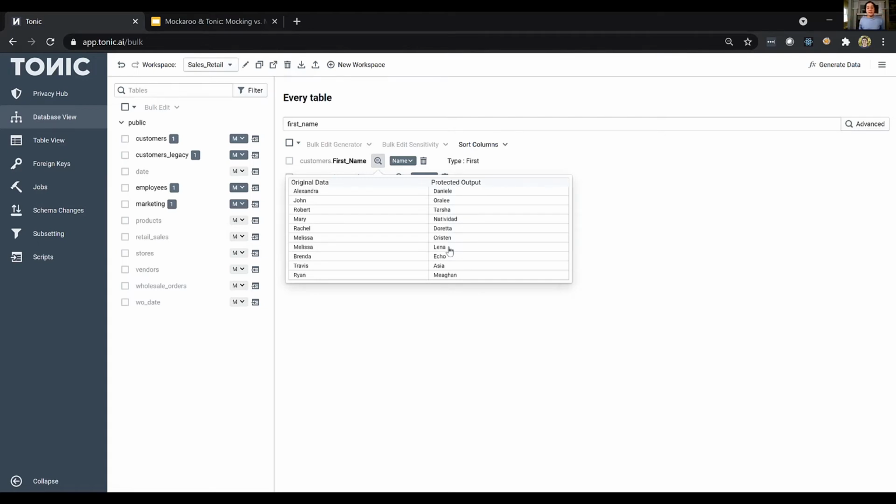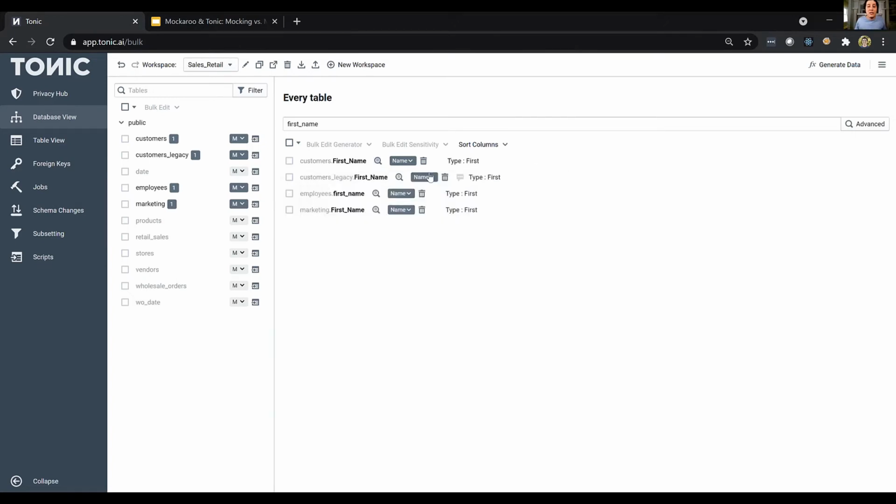So for example, let's say you have some data sitting in a Postgres database, additional data sitting in your BigQuery data warehouse, and even more data sitting in flat files in Amazon S3. You want all of that data, once it's been synthesized, to still link up together so that all of the properties and relationships remain, right? Well, using data consistency is really important there. So you want to ensure that Melissa always gets mapped to the same fake entity. Well, that's really easy to do.